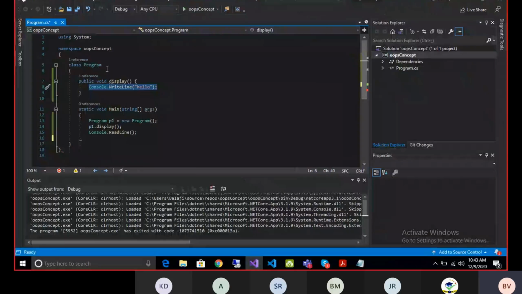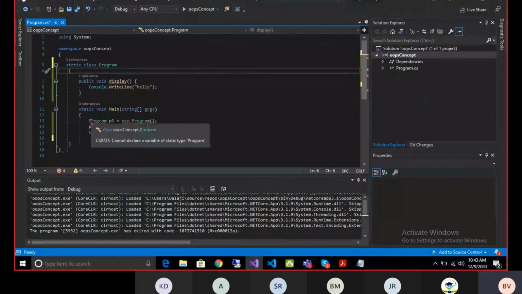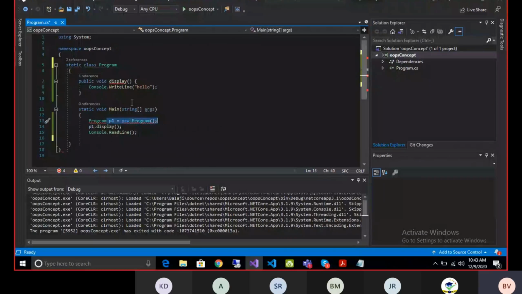This is one part, and also the static class example. Let's say I'm having a static class. If you make it a static class, it will say cannot declare a variable of static type Program, which means you can't create an object for that. So then how should I call this Display method? It's much simpler. Just call it using